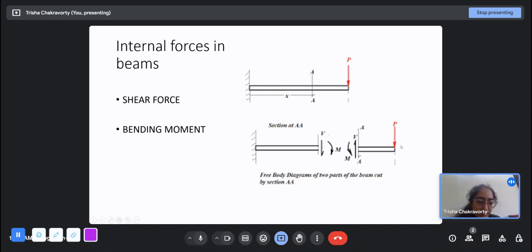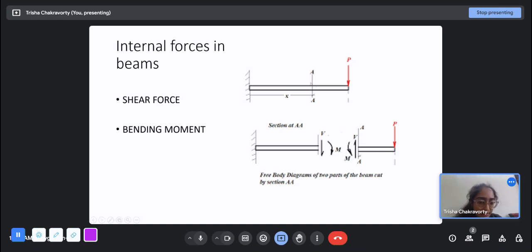we see that this is the loading, then this is the shear force that is developed. To ensure this part is in equilibrium, some kind of vertical force has to be generated, that is the shear force, and some kind of moment also has to be generated, because if you take moments about this point, the force is providing a moment, right? This P into this length,